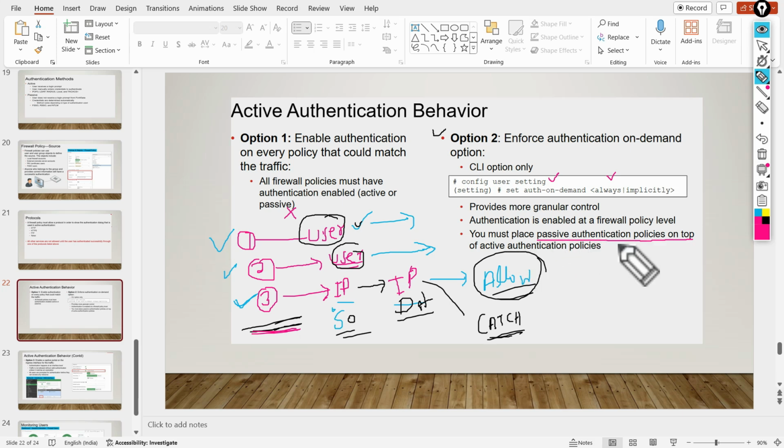What is passive authentication? SSO, single sign-on, is passive authentication. So passive authentication will be on top and active authentication below, meaning that after passive authentication, active authentication will take place. This is the way to manage your authentication behavior, and it is very important for the authentication process.